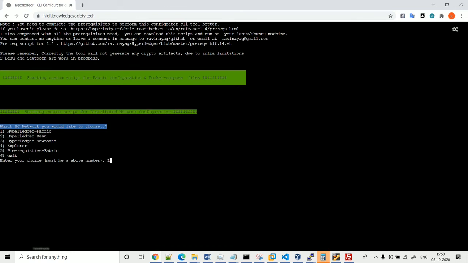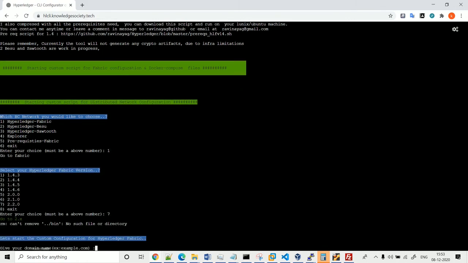of Ubuntu 16 server. I have a demo lab ready with a fresh installation of Ubuntu 16. We generate the configurations, transfer that zip file to the fresh installation, and run the scripts from there and see how that's going to help us. If you look here, now the tool: I'm going with Hyperledger Fabric, choosing version 2.2 and